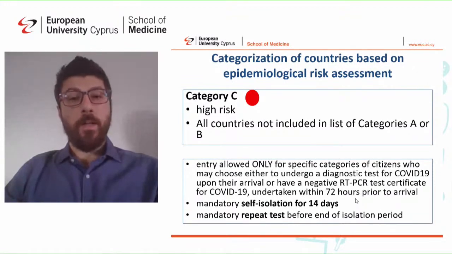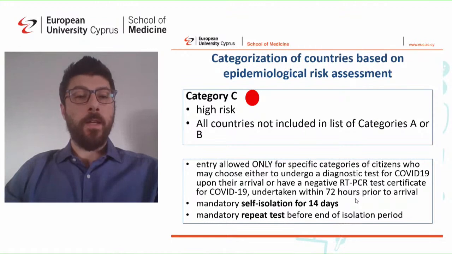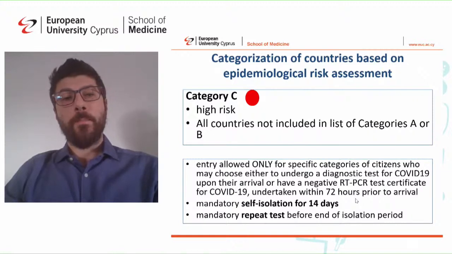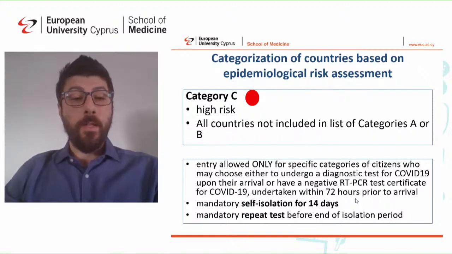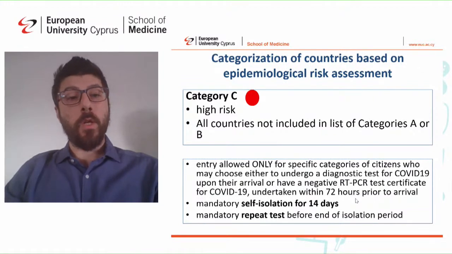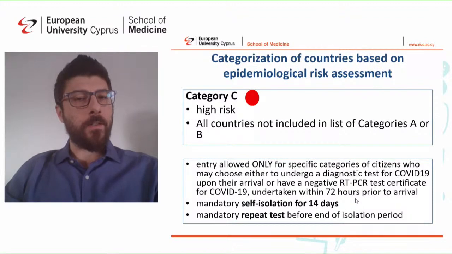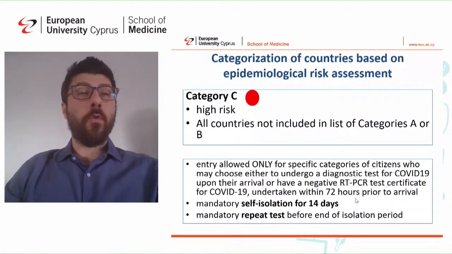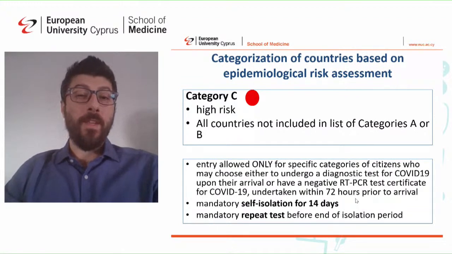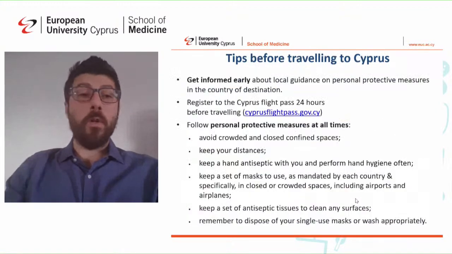They need to have a test upon arrival that is negative, and regardless of that, they need to stay in self-isolation for 14 days. Why? Because we consider them as coming from a highly epidemiologically active country, right? So they need to stay in self-isolation regardless of their PCR test upon arrival for 14 days. And at the end of the 14-day period, they do a new test. Why is that? Because we have detected some persons from category C countries who had a positive test right before their isolation ended. So unfortunately for them, they needed to stay in isolation for longer periods.